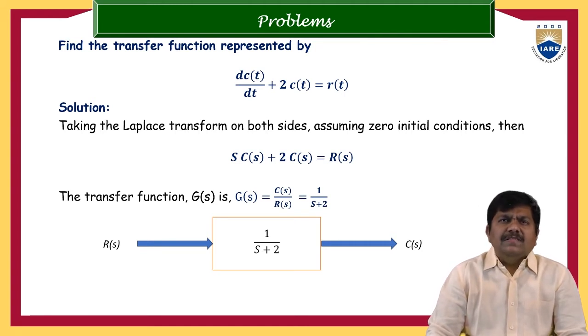In our previous video sessions in this control system, we have discussed many times that any dynamic system we can represent directly in the form of a differential equation. This is the best example of system representation. Here the system was given as dc(t)/dt + 2c(t) = r(t). So it is very clear that the data given is a first order differential equation, which is indirectly the mathematical equivalent of one dynamic system.